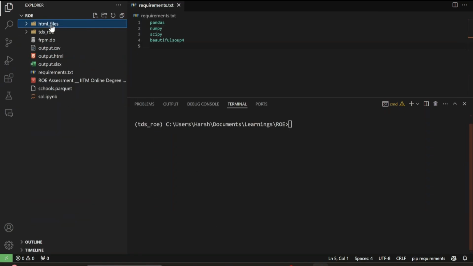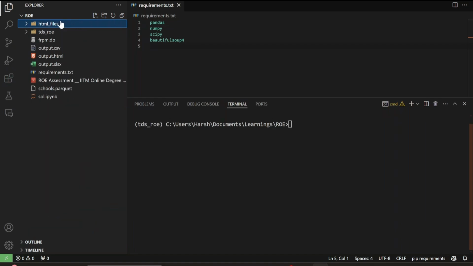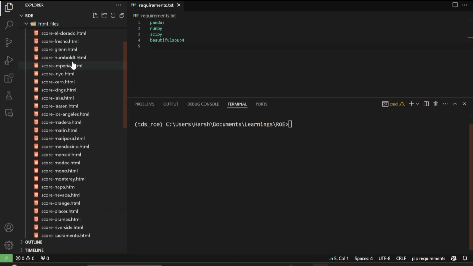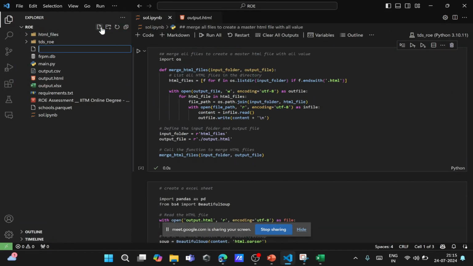First, create a separate folder for all your files, whether it be HTML, XML, or whatever. I got XML actually. You got HTML. Second, create a requirement.txt. And third, create that environment that I have shown, right? Here, if I say